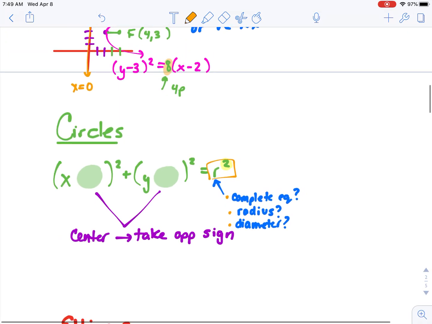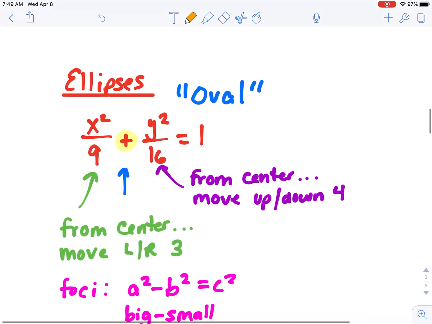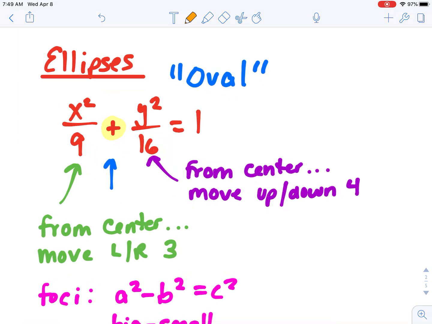Ellipses are oval shaped. They will always have a plus sign, that's very important, and it will be equal to 1. Always start off a problem knowing if it's an ellipse, a circle, or a hyperbola. An ellipse will have a plus sign just like a circle, but an ellipse will have different numbers, making it more oval-like. Whatever's underneath the x, take the square root, and that is how much you're going to move left and